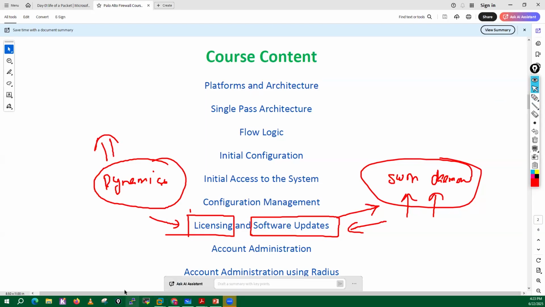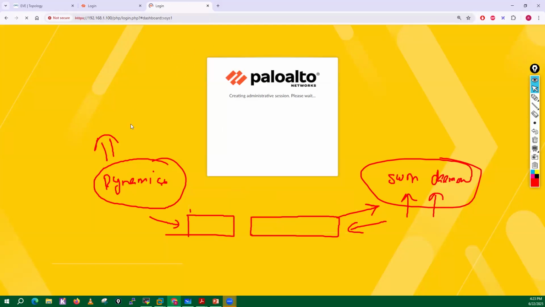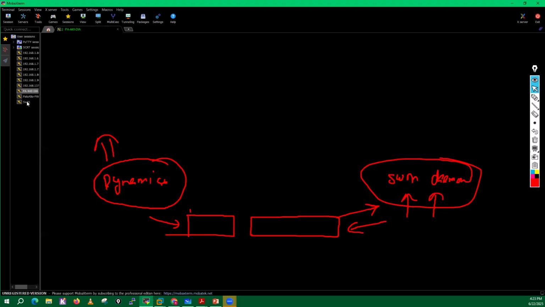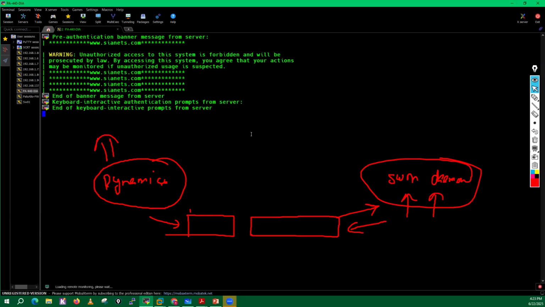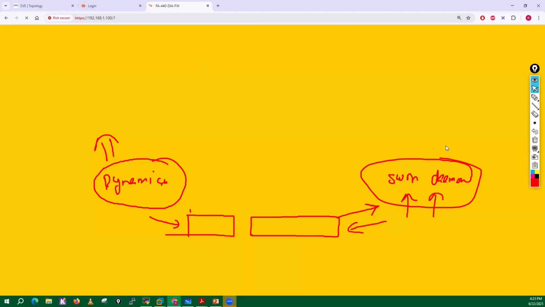So let me log in on my devices. I do have a hardware firewall, guys. So I will also explore the stuff using my hardware firewall. I have a Palo Alto PA-440 device, and I have switches as well, which are hardware switches. So we can connect different interfaces and all, and you will get the real feel of how things work in the production environment. So I'm just logging on to this device.